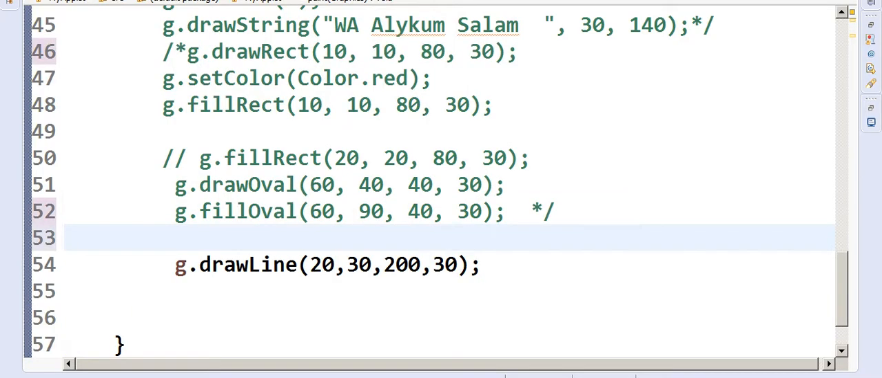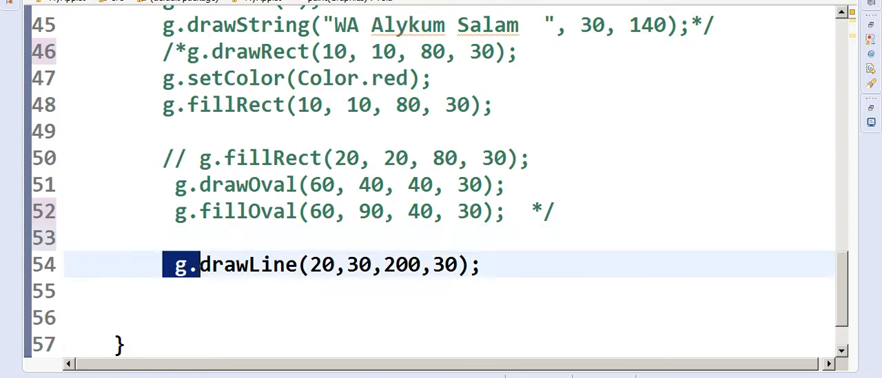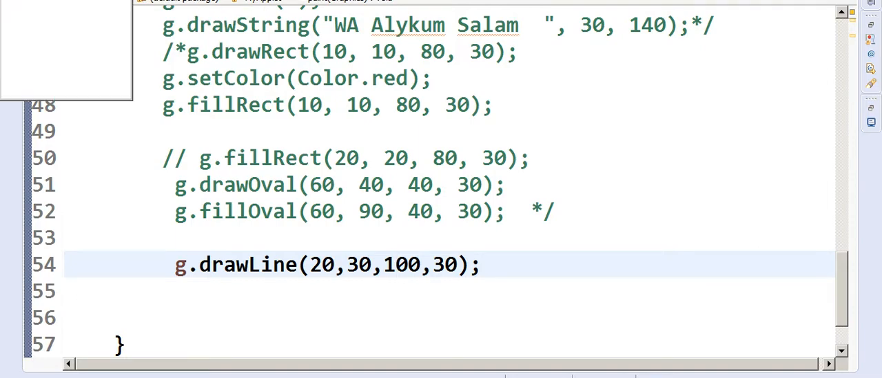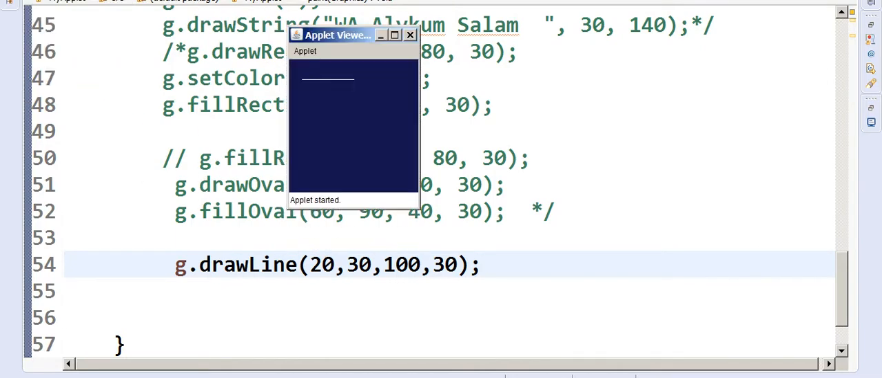it. Now we can draw a line. For example, this is going to be the x and y position of the starting point. It's going to be the x and y position of the end point. And here I kept the y-axis same, and I'm increasing the x-axis. That means it's going from 20 to 100 in the x-axis. Now here, as you can see, the starting point was x-axis 20 and y-axis 30, and now I kept the y-axis constant at 30, but the x-axis I increased to 200, so it makes